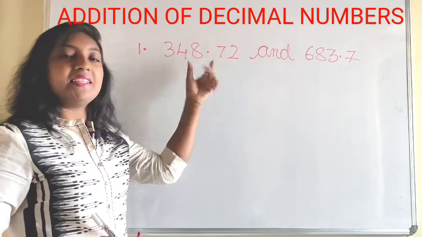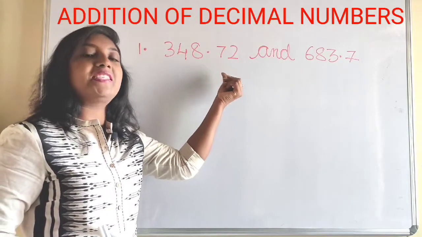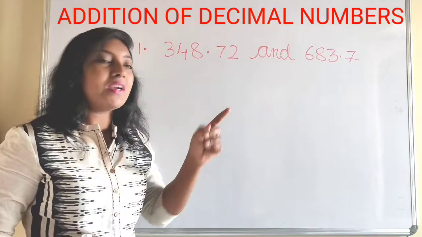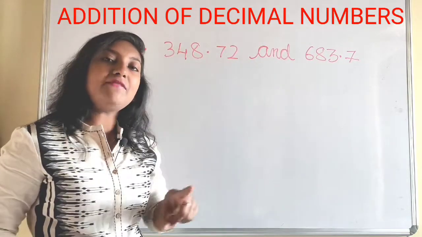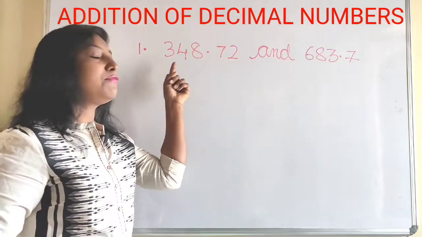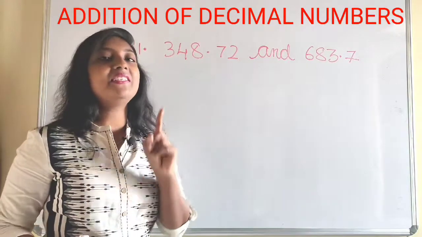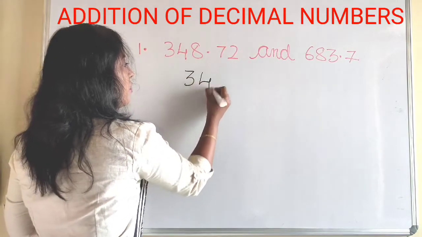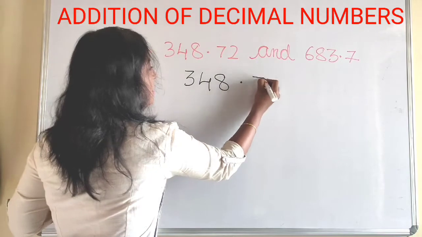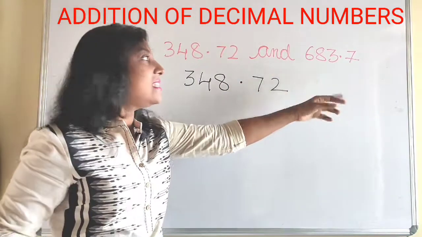So I am writing the first number, that is 348.72. We should not combine the numbers after a decimal point. We have to read the number as 348.72, not 72. So I am taking the first one, that is 348.72. And the next number, that is